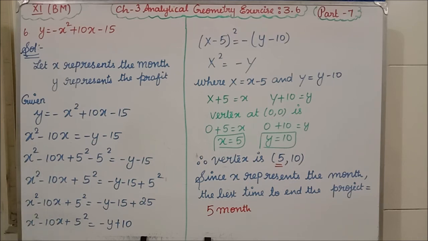Here, this question is also asked like the fifth question, but a small difference will come, that I will explain now. See, y equal to minus x square plus 10x minus 15, that is the given question. Here for which term are we having square, whether for y or x? We are having for x. So whenever you are having square for x, immediately what you have to think? Yes, it should be open upward or it will be open downward. We have to think, isn't it?